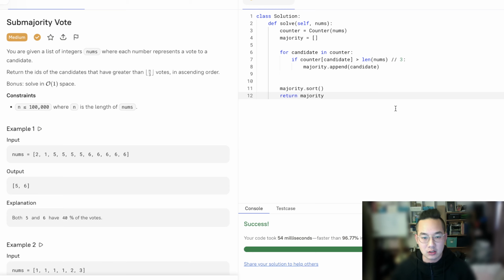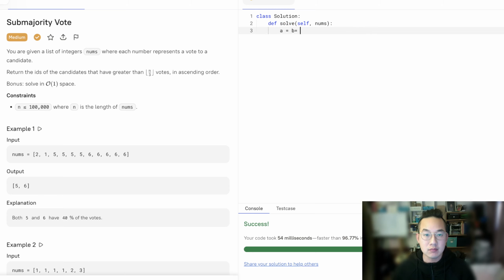All right, so next solution here is that we're going to do O of 1 space and O of n time. So this is going to shrink our space, we're going to have fewer counters. So the solution is to have fewer counters. Count A equals count B equals 0. So for candidate in nums, if count A is equal to 0, we're going to set A and count A